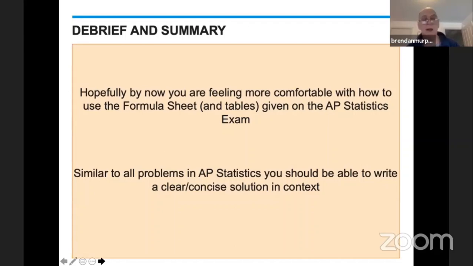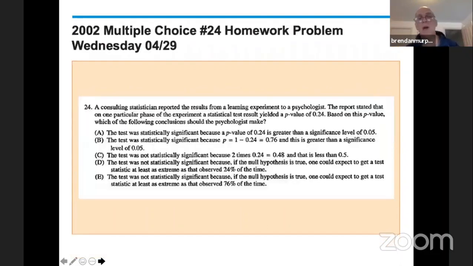Again, similar to all problems in AP Stats, we should be able to write a clear, concise solution in context. Short and sweet, I like to say to my kids. Don't volunteer anything, answer the question at hand, move on to the next part of the problem. Here's your homework. I think this is interpreting a p-value, and Luke